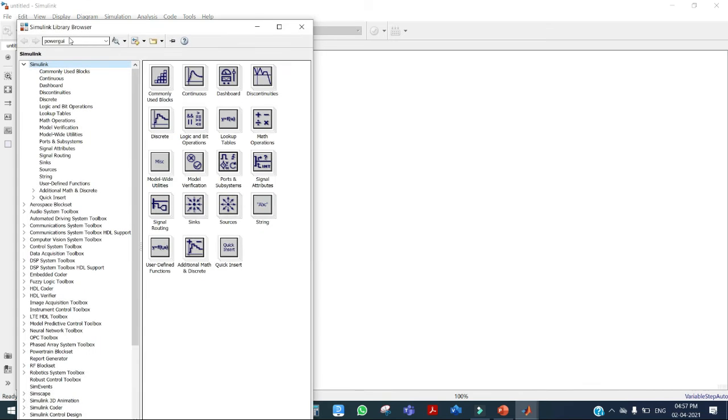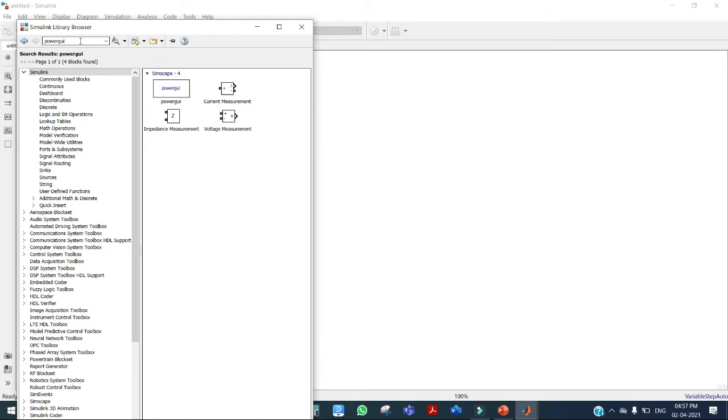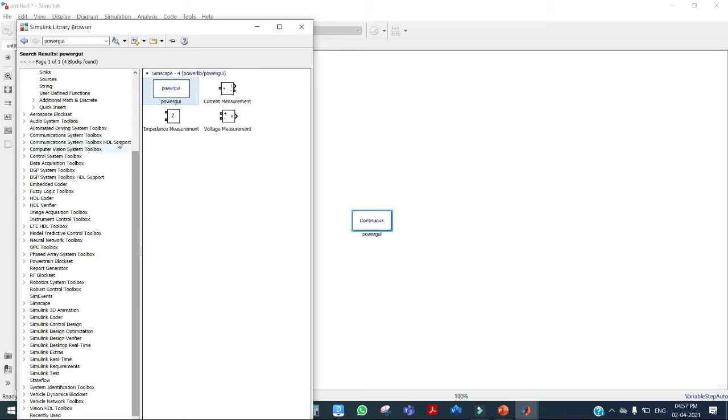So this is the Simulink new file. Here you can find the library, so you can search for whatever you want, otherwise you can go directly. I need the powergui, so I'm taking the powergui block from here. Just click and add to model. And what else do we want? We need a switch, diode, inductor, capacitor, pulse generator and all.